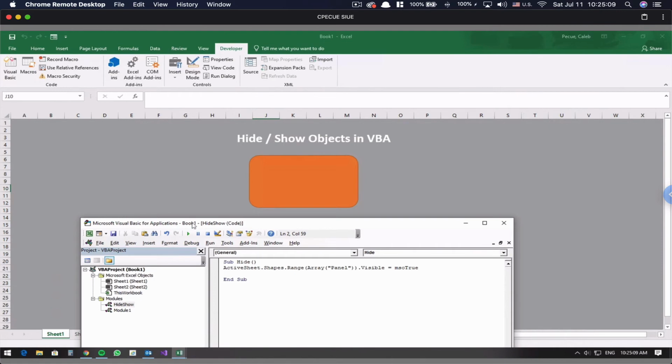Oftentimes, I want to be able to make this toggleable so that I don't need two buttons. I could just click one button and it will turn off if it's on, and it will turn back on if it is off. And the way that I can do that, instead of writing MSO true here, so let me write active sheet dot shapes, open parentheses, panel, closing parentheses, dot visible,